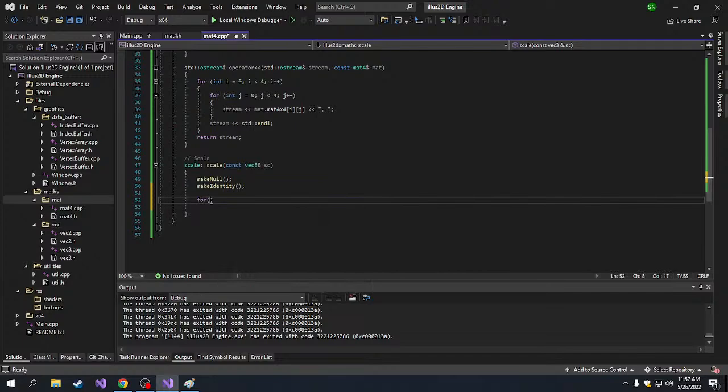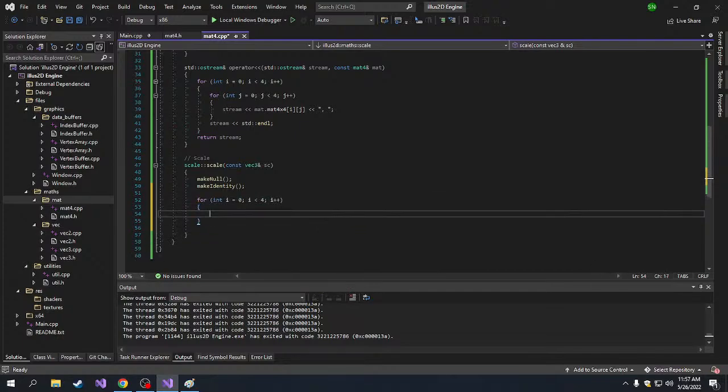Then we'll just start a for loop, for i equals 0, i plus plus. So we basically have to set the diagonal. So we do mat 4 times 4, the diagonal i and i, and set it to be like sc dot x,